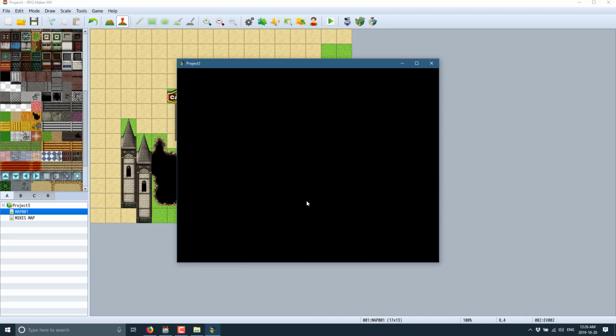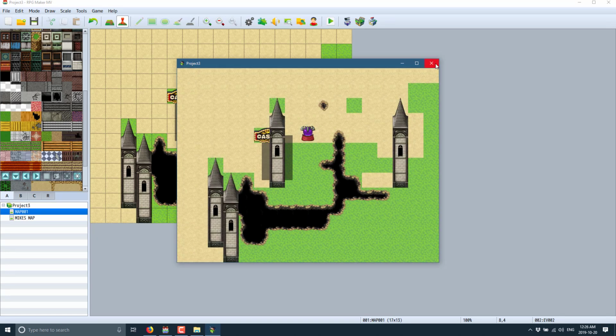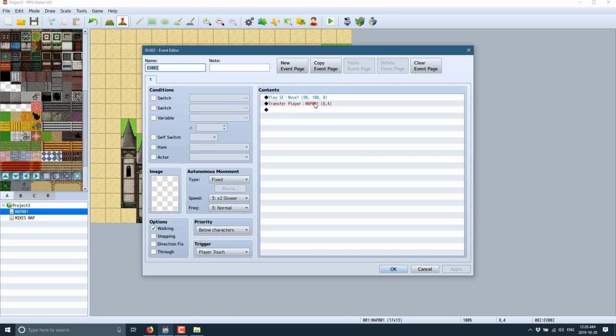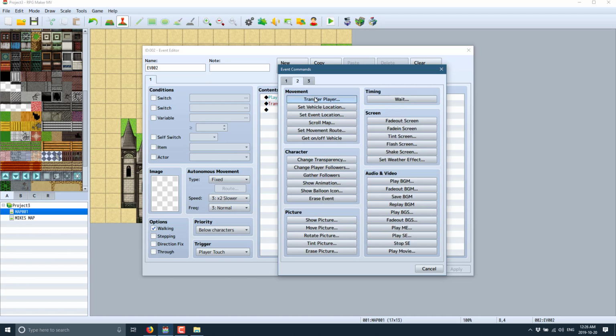So new game, and we'll go straight up, and boom, I did something wrong, but that should have transitioned to the other map. Let me just see what I did wrong there. Transfer to map 1. What did I call it? Mike's map. Okay, I did that wrong. I don't know why I did that wrong, but...